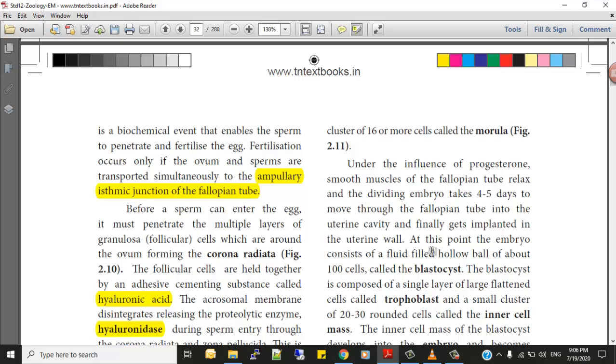And finally get implanted in the uterine wall. At this point, the embryo consists of a fluid filled hollow ball of about 100 cells called the blastocyst. So in the blastocyst many cells will be there, and